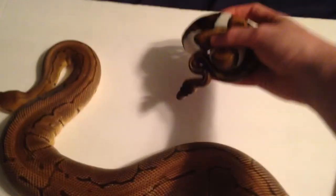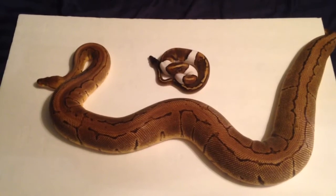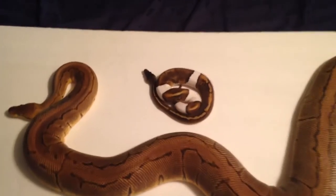Actually, let me go grab something really quick. I'll just grab this little 200 gram clown male. He's hissing at me. Just to show the difference between a 200 grammer and a 3,400 grammer. So I mean, that's just a crazy difference. I wish I had a hatchling still to show you,